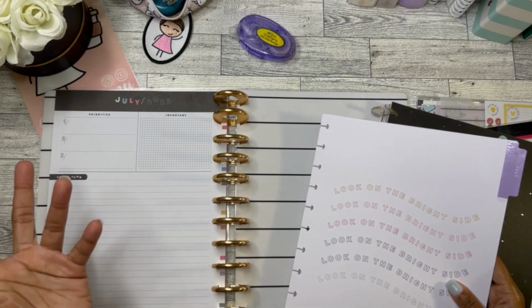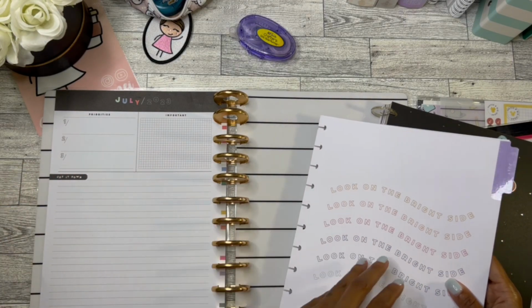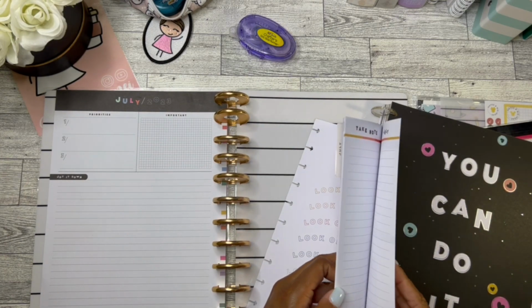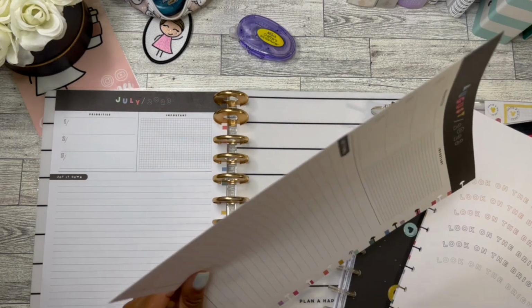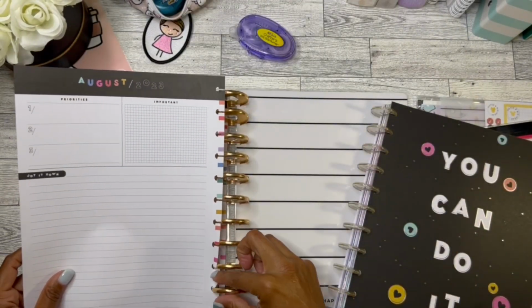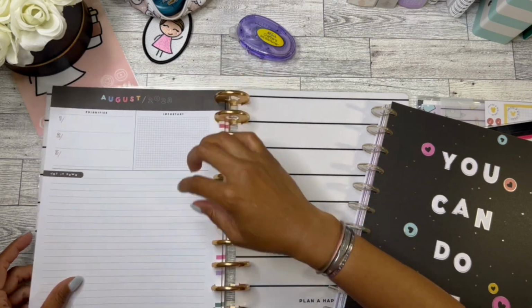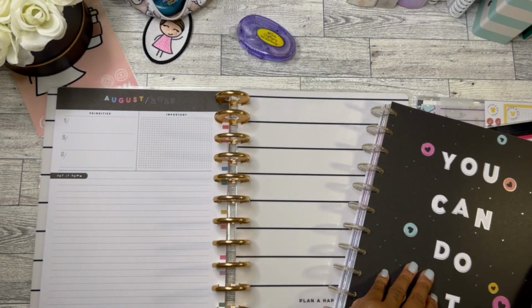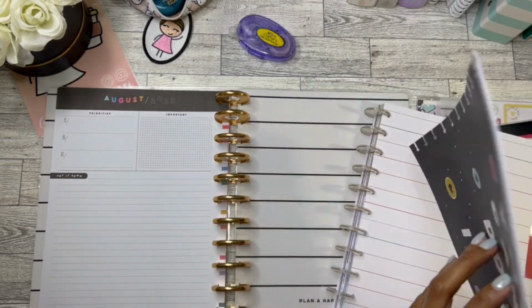But I do have a training that starts on July 31st, but we don't start school officially until August. So I'm going to actually take out the July section and just start with August, because those are pages that honestly, they'll just be in there and I don't need them. So we're gonna take that out. I love these